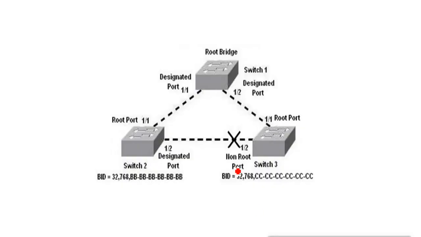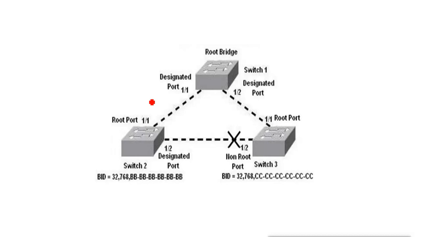For example, we have these three switches, switch 1, switch 2, switch 3. When we connect them together, normally we don't use a redundant link in a small network. A small network like this, where we have only three switches, we can go with the linear topology. We don't use this redundant link. But if we have a big network where we have multiple switches, 10, 20 switches, and we want them to connect together, then what?